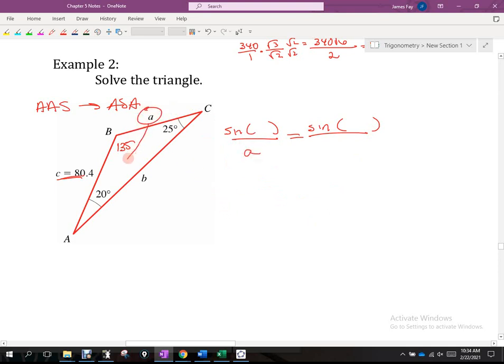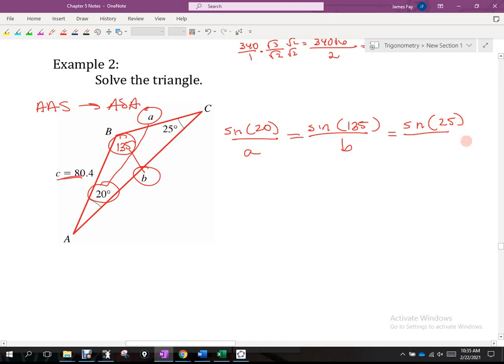So what is opposite A? 20. So 20 needs to go in that ratio. Okay. If I use 135 here, what's the problem with using 135? Yeah, I've got a B there, and I've got two variables. But there's nothing wrong with this, because if we want the extended proportion, remember, we could say now sine of